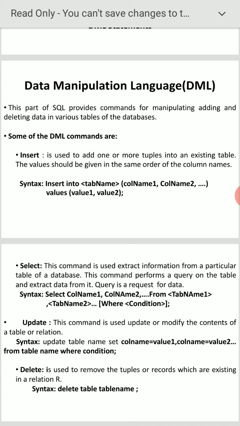Update means that if you want to modify something you already stored wrongly in the table, that can be done with the help of the update command. Next is the delete command. If you want to remove tuples or records which exist in a relation, table or database, that is the purpose and use of the data manipulation language.